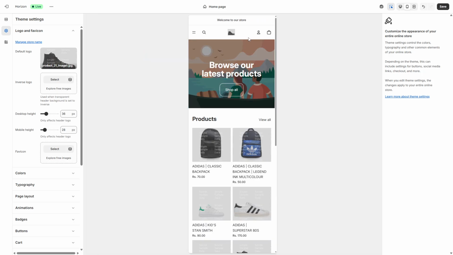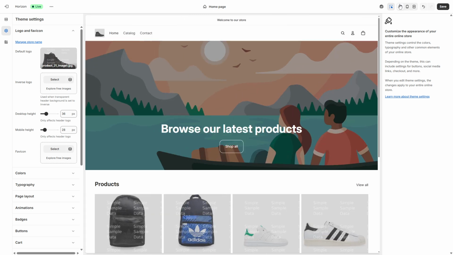That's all there is to it. In a few clicks, you've uploaded and configured your logo, adjusted the size, and saved the changes so your brand appears